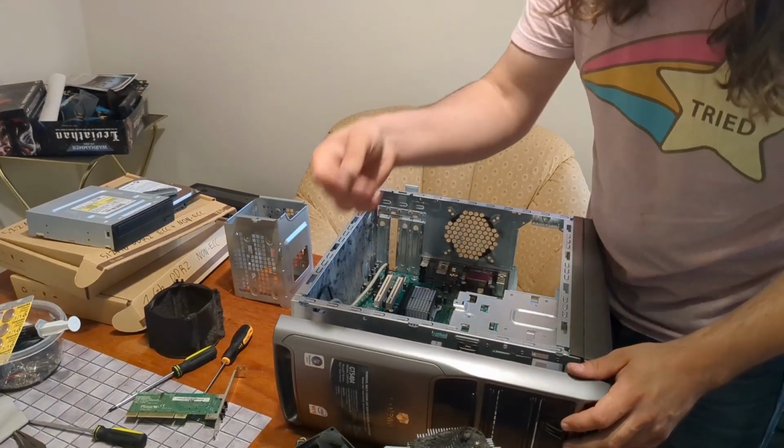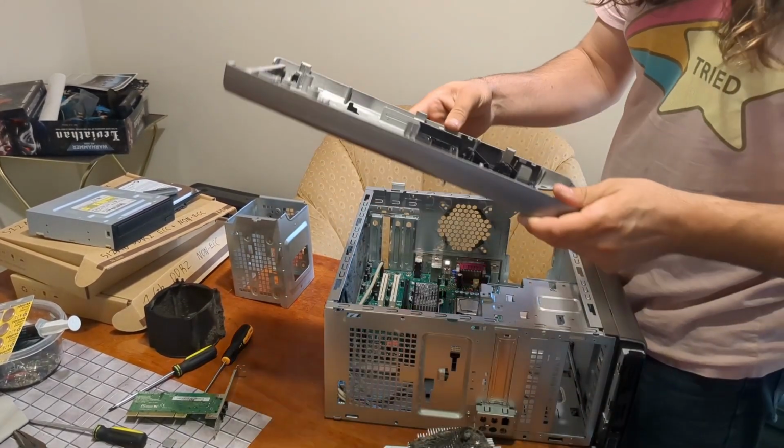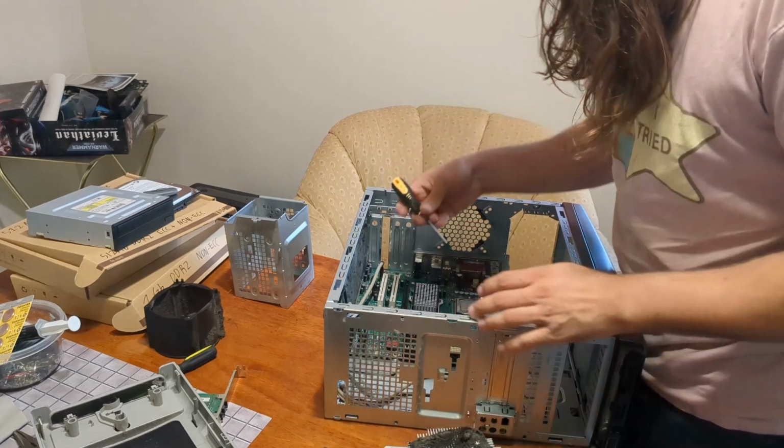Oh, that one's already broken. Okay. Oh, that's not too bad. A little spider web, but...